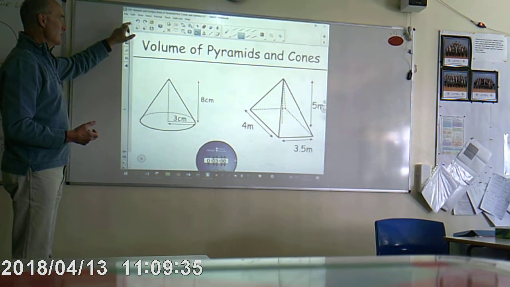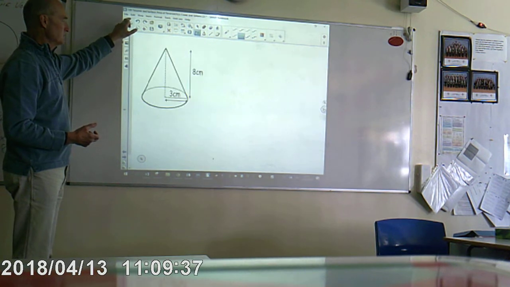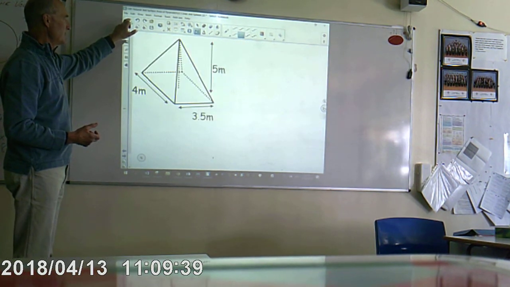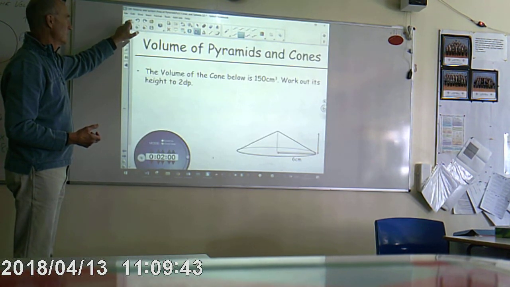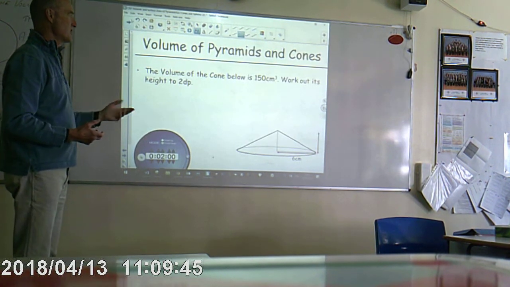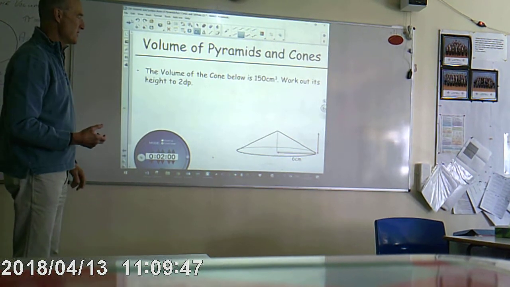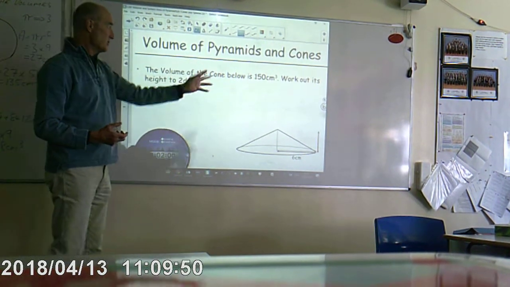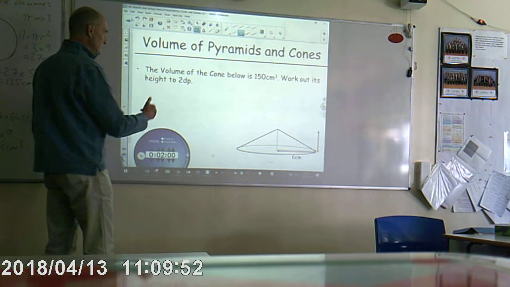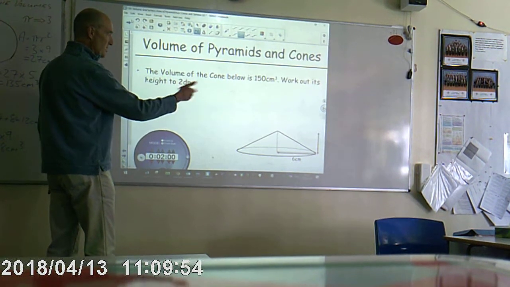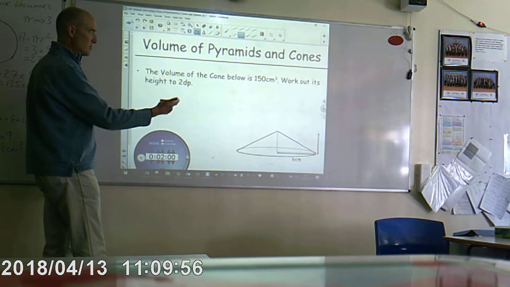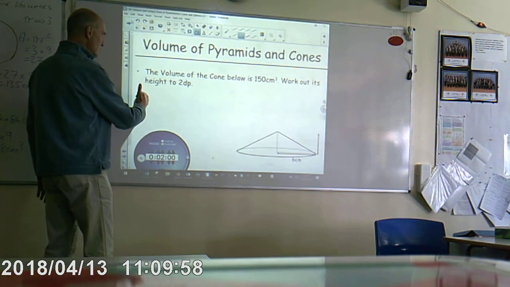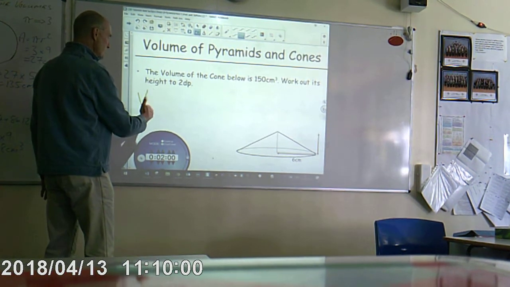We've gone through a couple of examples which you should be quite familiar with now, having practiced them. And don't forget what I said. We had this example here where they gave us the volume of the cone. They wanted to know one of the dimensions. They wanted the height. So if you know the volume,